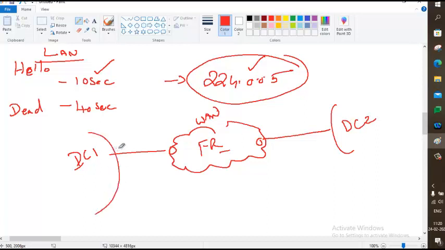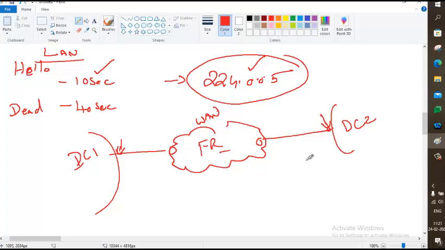These two data centers belong to your company, but they are in different locations. Because of this, you want a frame relay cloud in the middle to connect the two. If you choose OSPF as a protocol to advertise the data center 1 routes to data center 2 and vice versa,